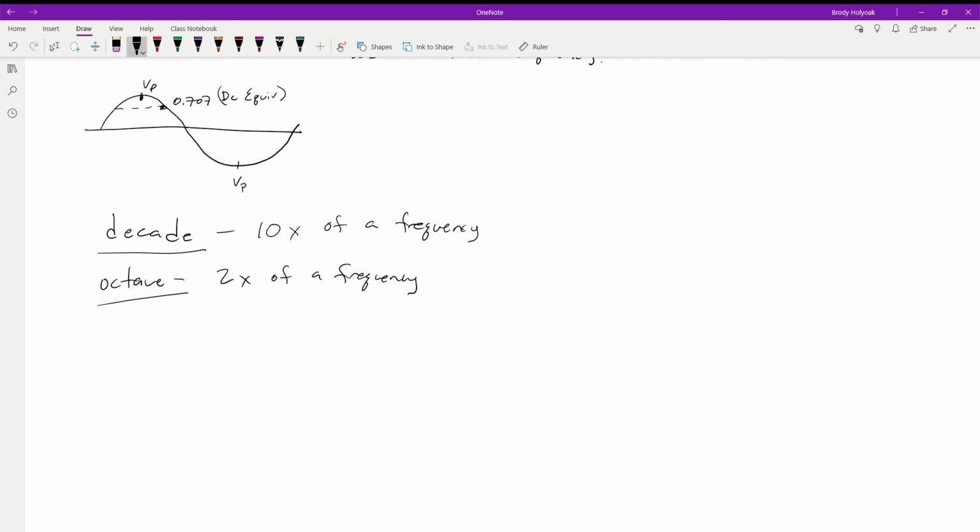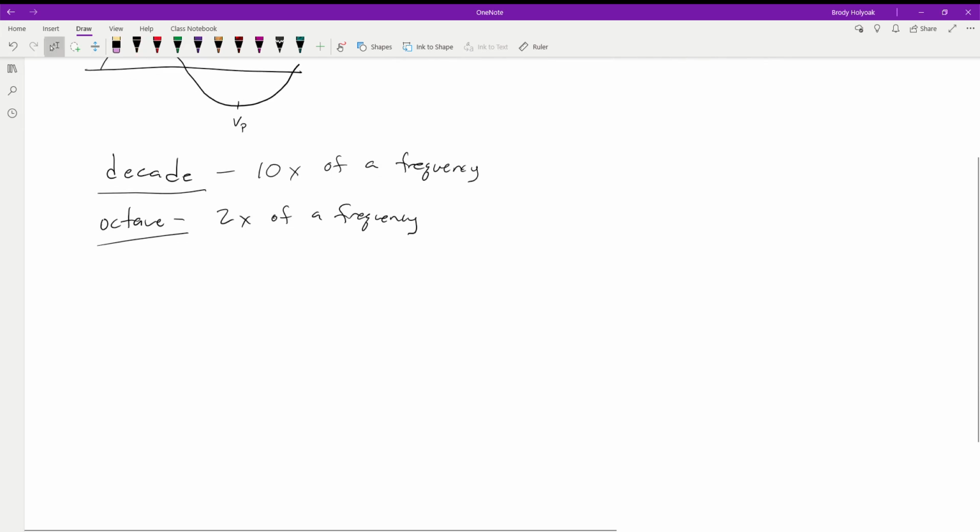This is how we're going to reference a lot of them in our filters: we want to look up and down, plus and minus a decade or two or an octave or two, just to get an idea of what's going on with our filter. That's how the rest of the charts are going to be set up, going up and down, doubling. Sometimes we're going to go to the extremes and see that when we get up to this frequency, we're going to have no signal, or we have all the signal. It doesn't matter what we have at this point, it's going to be maxed out. So just remember these. Decade is you go up and down 10 times a frequency. The octave, you go up and down 2 times a frequency.